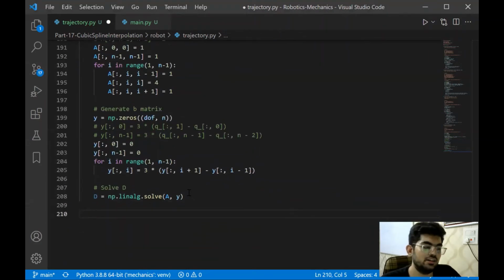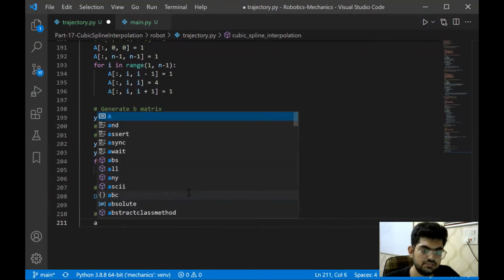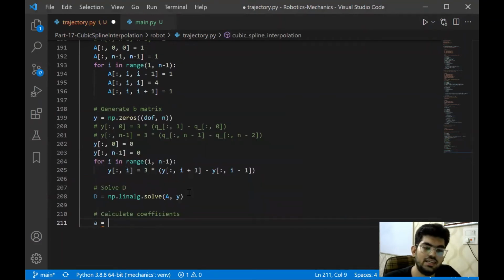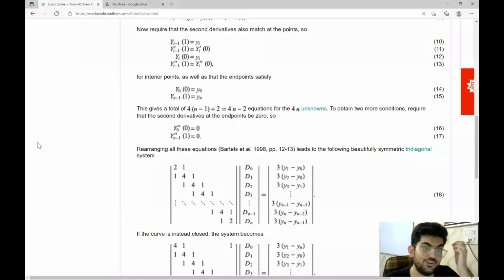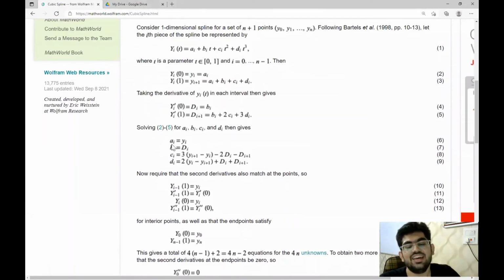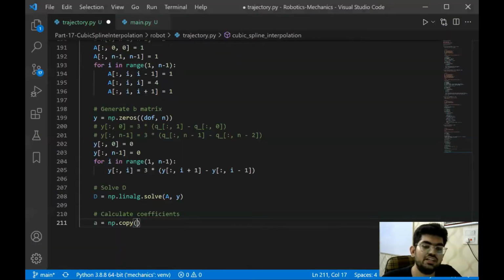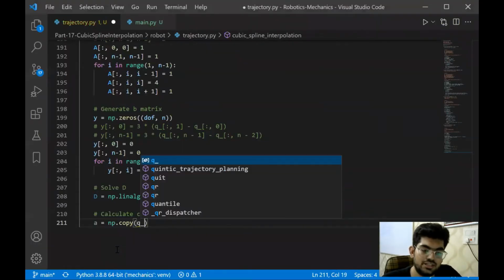As simple as that. Now we want to calculate the coefficients of the polynomial. So let's do that. So first we have A. What is A going to equal? We are simply going to copy this. Now, ai is equal to yi. This means ai is the yi element straight. Nothing, no change, not at all. So we're simply going to assign the yi. In our case, the yi is q underscore. But there is one thing that we need to notice that I'll just code and then tell.